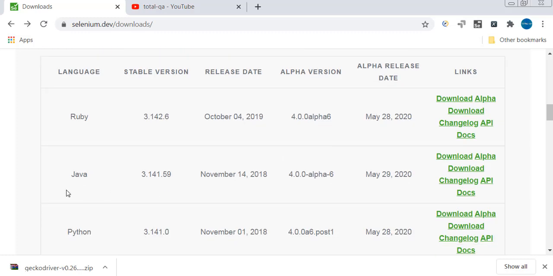Scroll down, you will find language Java, the stable version 3.141.59. Please download the latest stable version only. Click on the download link. It downloads 3.141.59. Once it downloads successfully, this is a zip file.